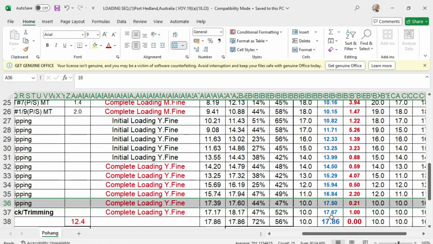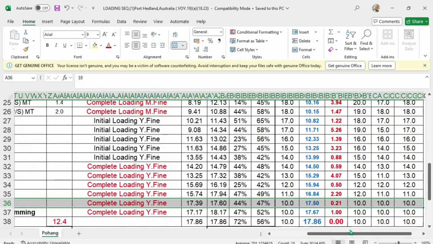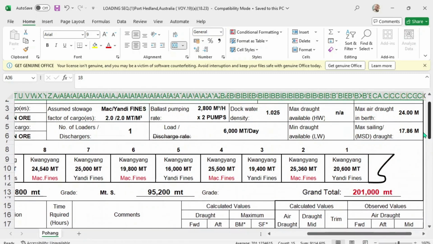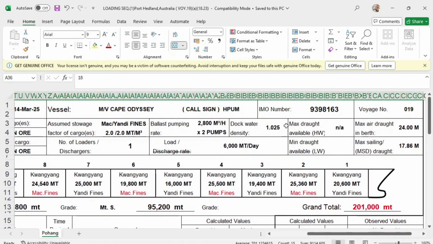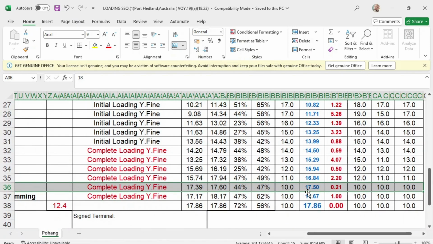This is your final draft of 1786, and your mid draft for trimming, which is this one, will fall on the same density. For example, 1.025. If our local density is 1.012, then of course the density used for this trimming draft is 1.012, and your final draft will also use 1.012, which is the same with this one, guys.